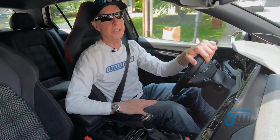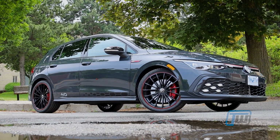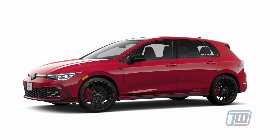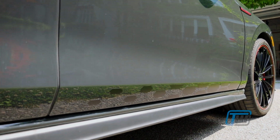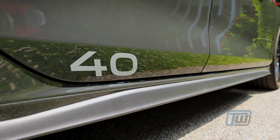Only 1,500 of these 40th anniversary GTIs are coming to the United States and 500 to Canada. Our car is in Urano Grey with a black roof. It is also available in Pomelo Yellow Metallic, Tornado Red, and Opal White Pearl in the United States, all of which have black roofs. Identifying this 40th anniversary GTI are honeycomb and 40 decal on the bottom of the doors,